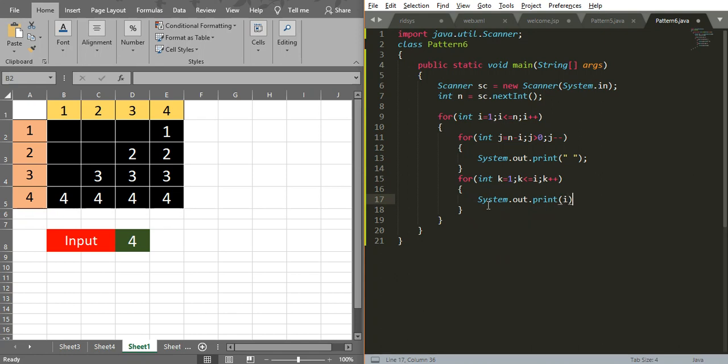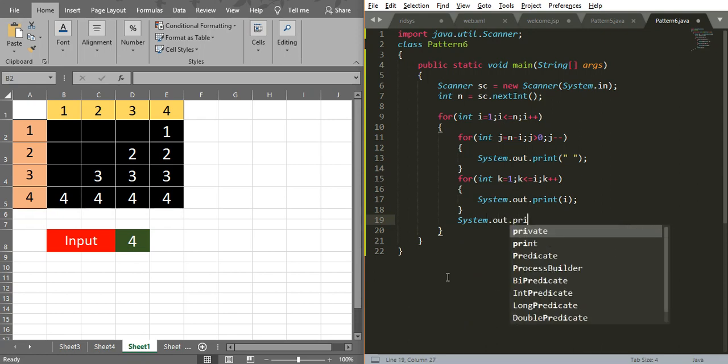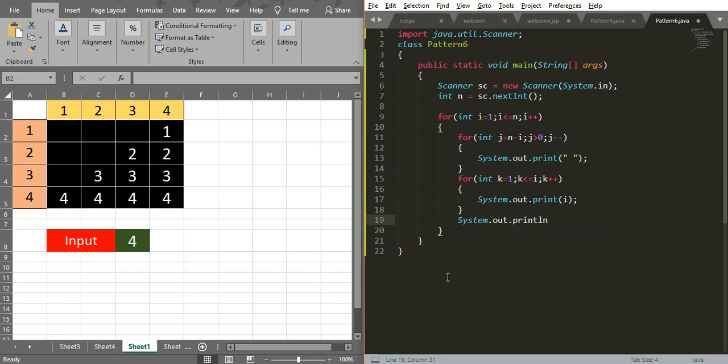Here I have to print the i value, not the k value. Then only it will print 2 two times, 3 three times, 4 four times. Now I have printed all of these, spaces and numbers. Then I have to move my cursor to the next line. So System.out.println.